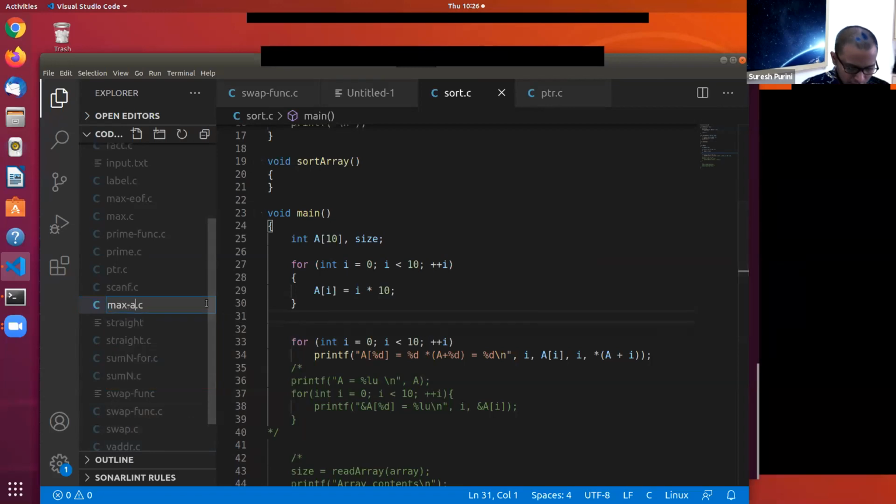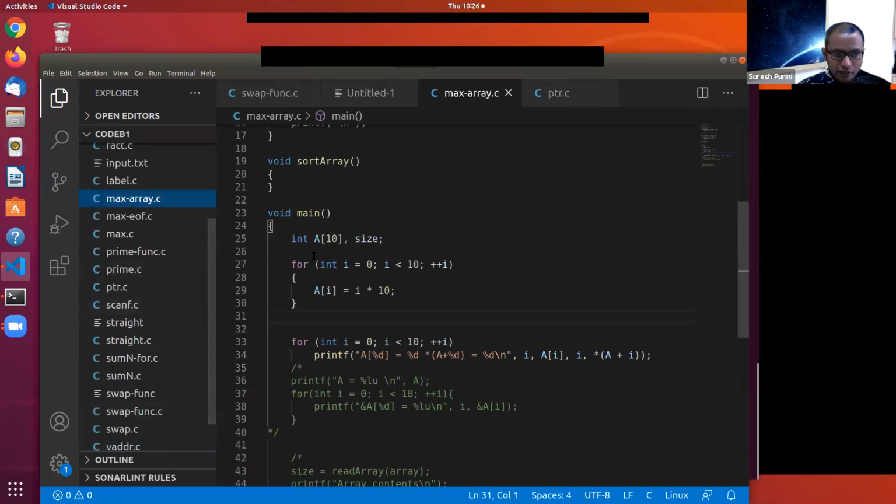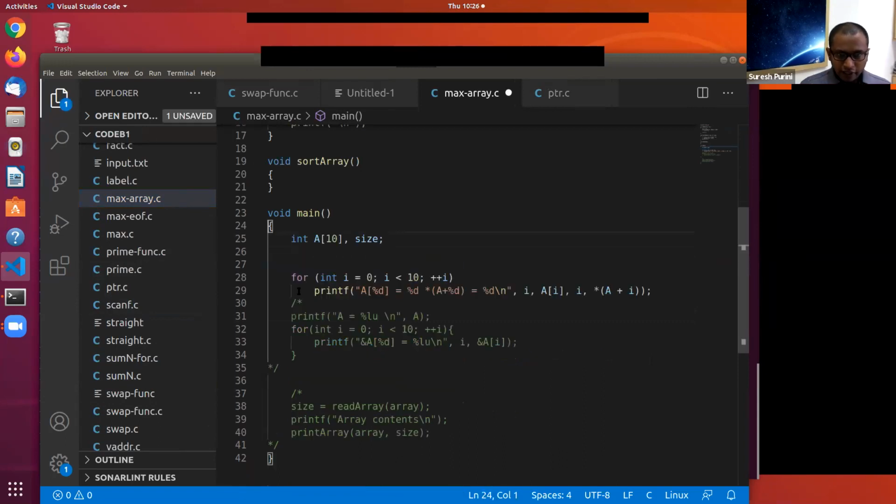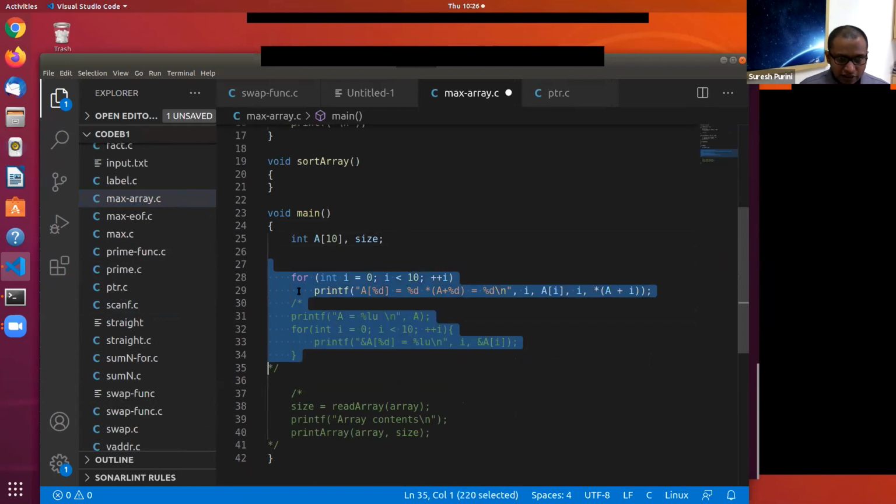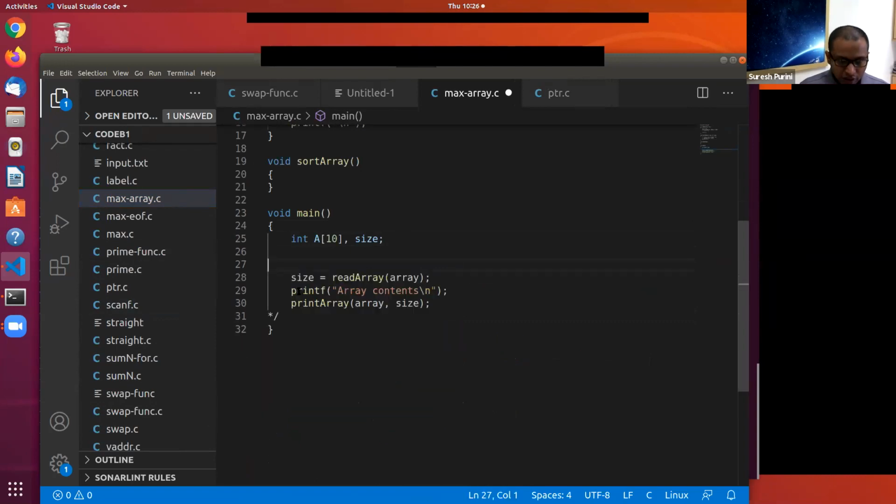Okay. So now let's try to read an array, and this is something we have seen in the last class, the code to do it. So now when we want to pass an array,